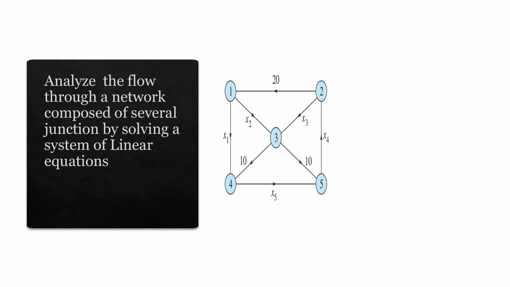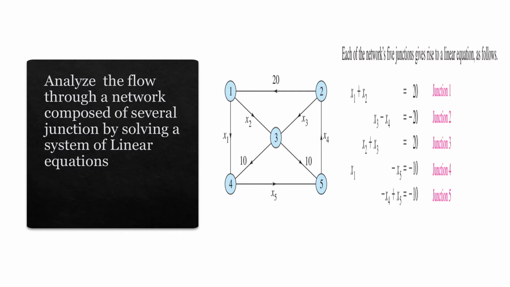So this x1 plus x2 must be 20. So we have at junction 1, x1 plus x2 equal to 20. The same way at junctions 2, 3, 4, and 5, we can find the total input is equal to total output, and then use this system,